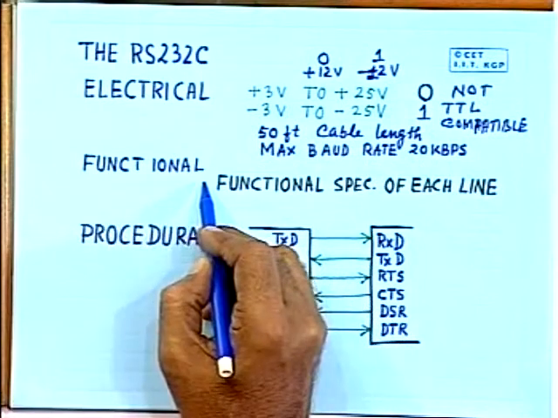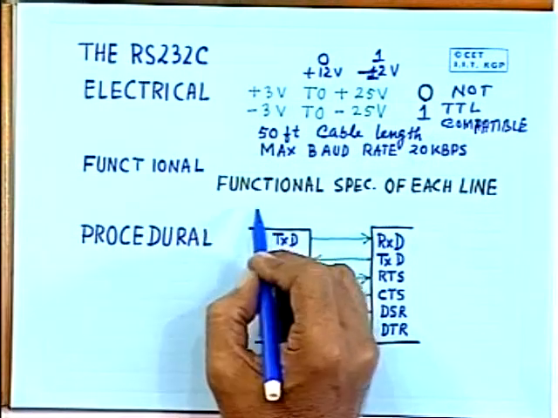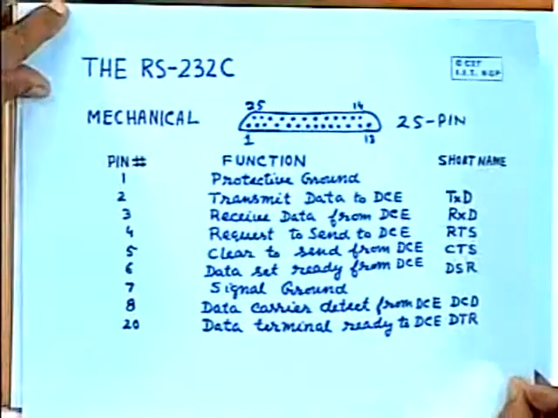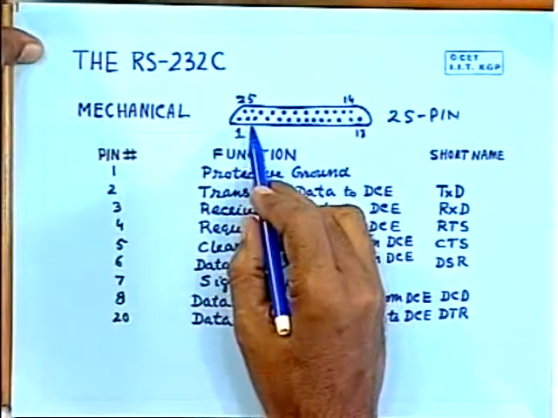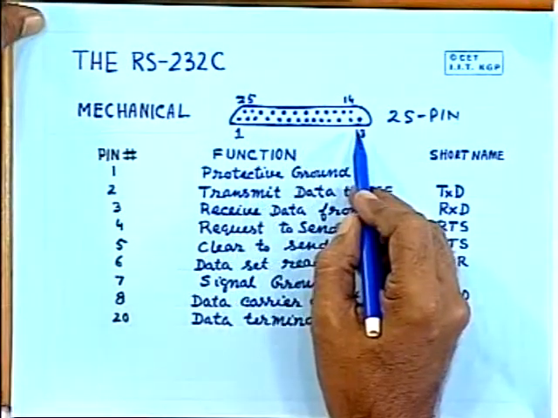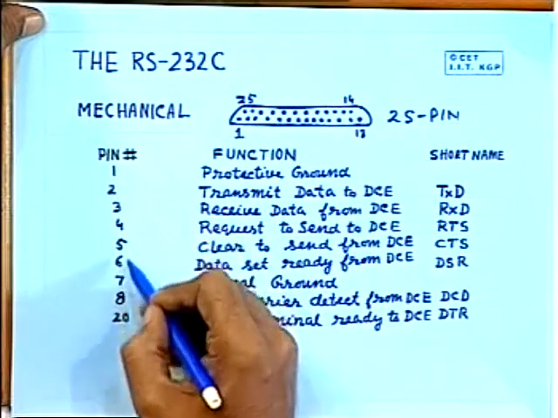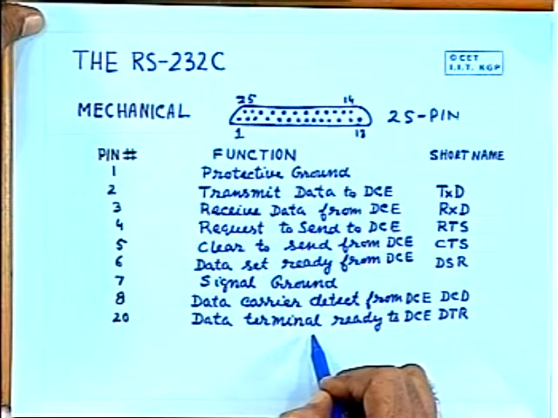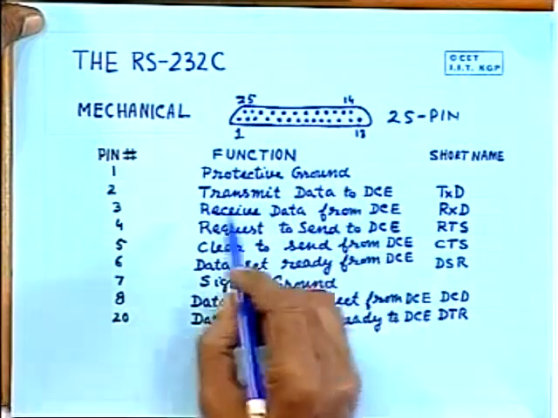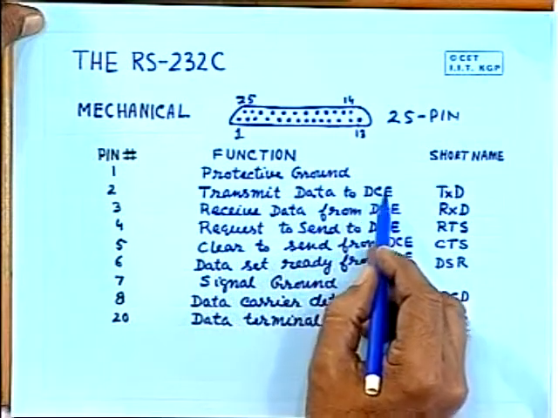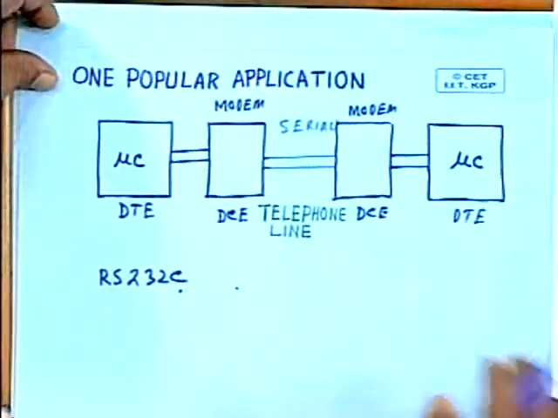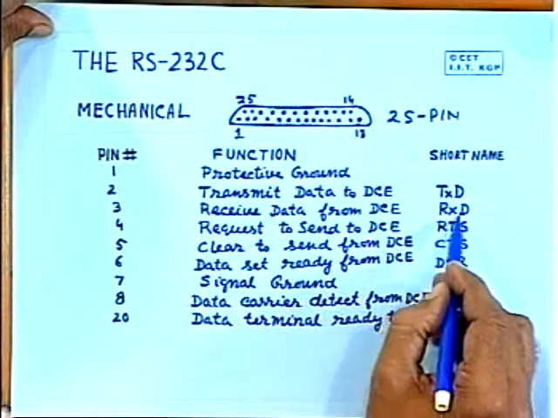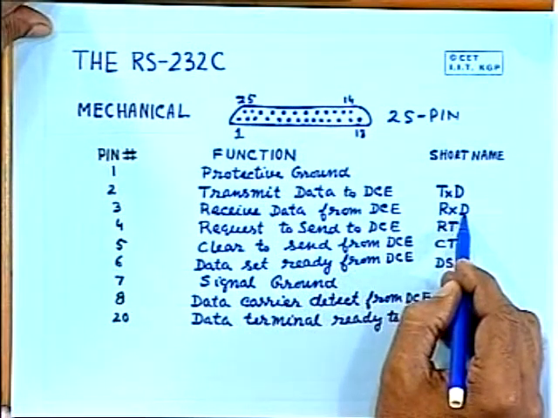And the functional component of the specification specifies what the functions of different lines are, which is given here. Although the correct connector that is being used is 25 pin, in practice 9 pins are commonly used, and the function of each of these pins is shown here. Pin number 1 is protective ground, pin number 2 is transmit data to DC, data communication equipment, that means it is going from DT to DC, then receive data from DC, which is the short name RxD,